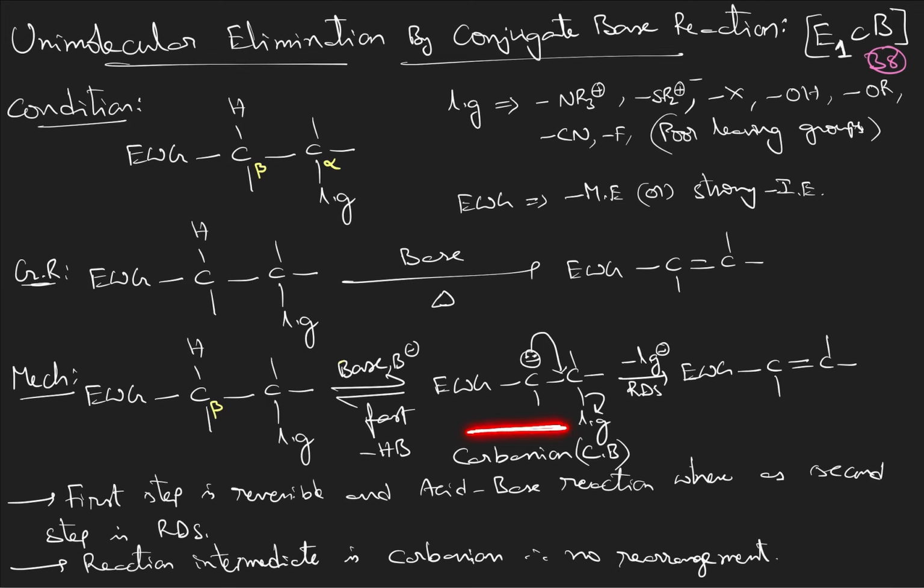So the conjugate base, the carbanion, is the intermediate here, but formation of the carbanion is not the RDS step. It is a fast step, and it is an acid dissociation reaction, like that it is a reversible reaction. So C-H bond breaking is not a part of the RDS step, therefore the kinetic isotope effect is not observed in this reaction, and it will release the H plus ion and form a carbanion.